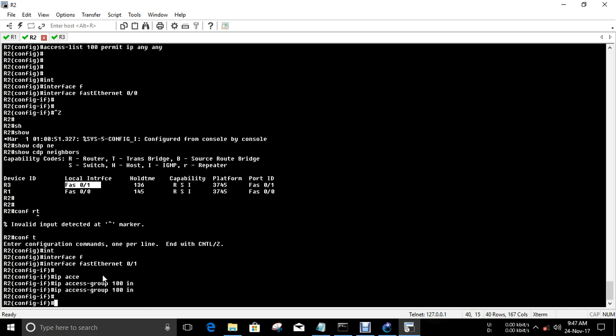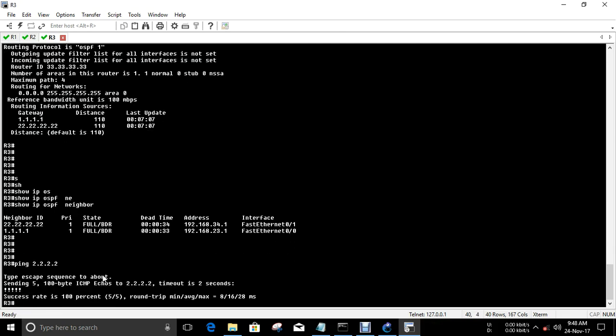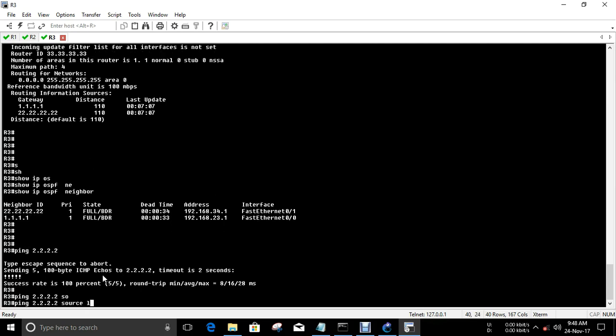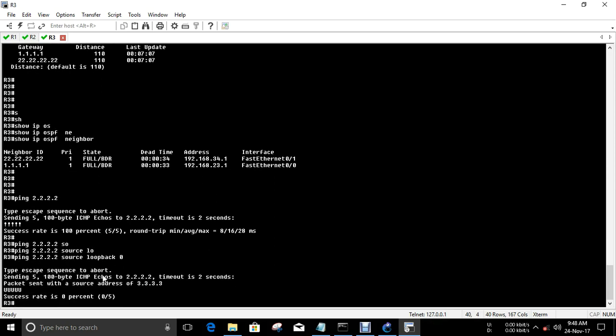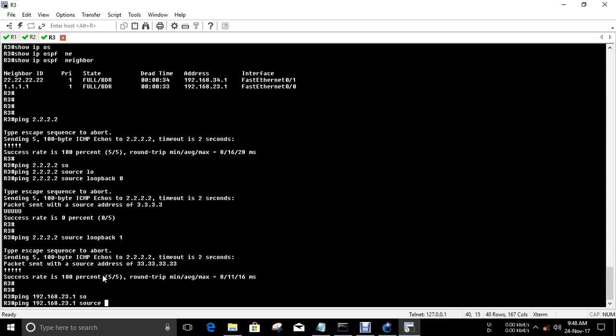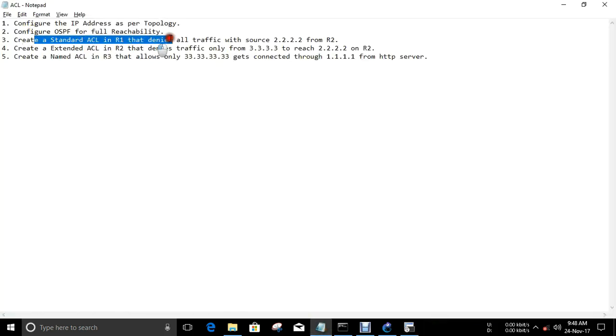I'm applying it as inbound, since it is outside traffic which has to enter, and I'm just blocking it. So if I try to reach this IP, it should be reachable. But if I try to reach it from loopback 0, it should not be reachable. If I create another loopback, it should be reachable. You can also try with 192.168.23.1. So loopback 0 should be reachable, but with the access list I have created here, it should not be reachable. That's the difference